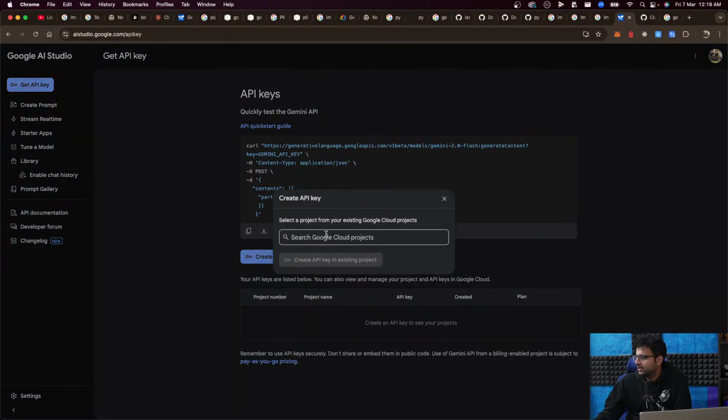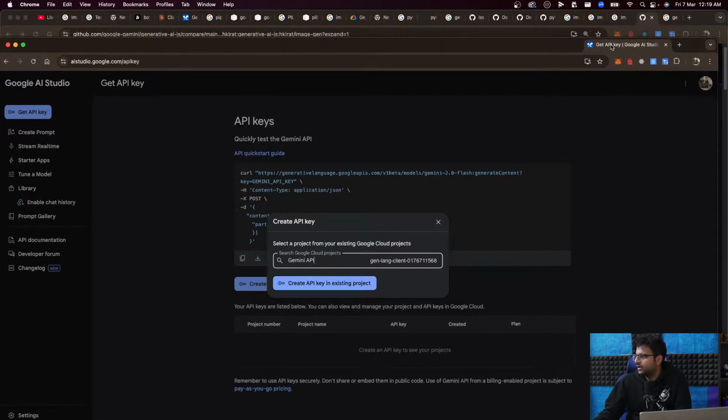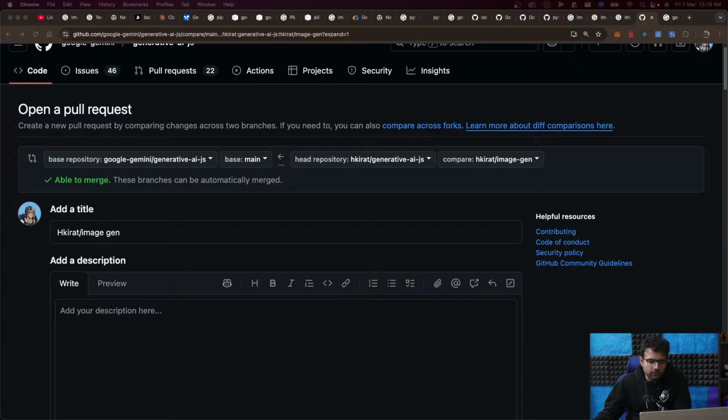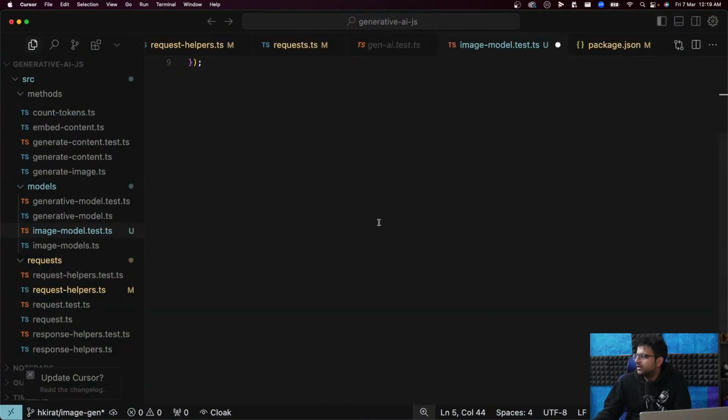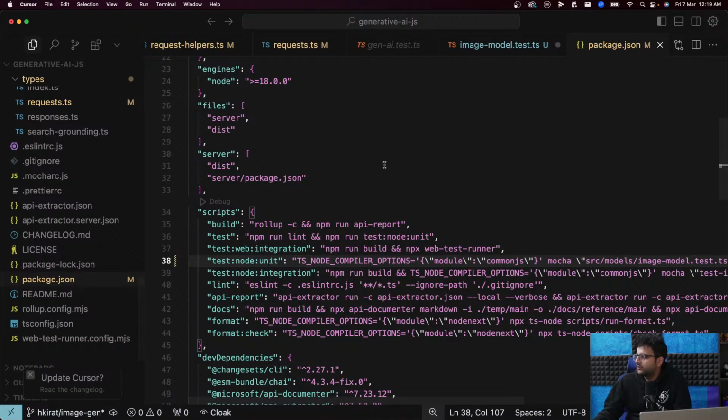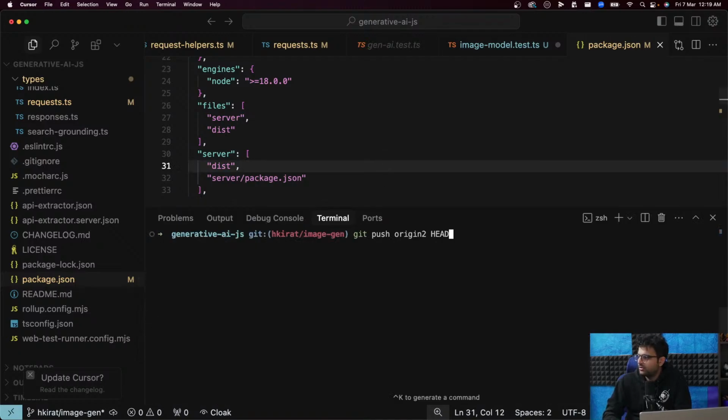Let me select my project. And I'm going to hide it now. I don't want you guys to see it, because if you see it, you will exploit it and I'll have to pay for it. All right, generating the API key, copy the API key, paste it, and you guys already saw it, but I'm hoping you guys are good people and you won't exploit it. npm run test.